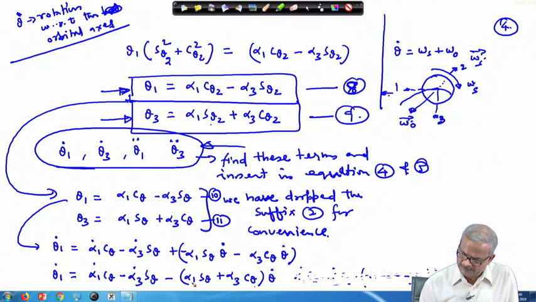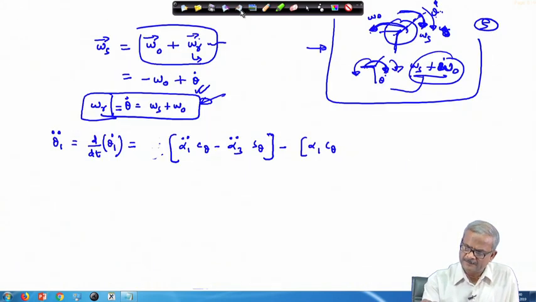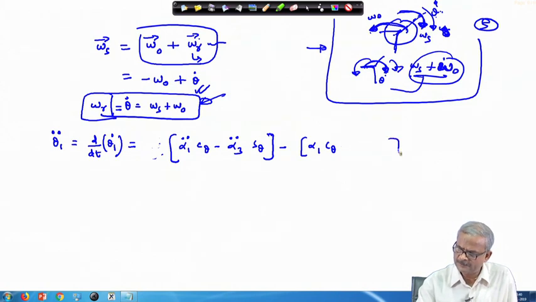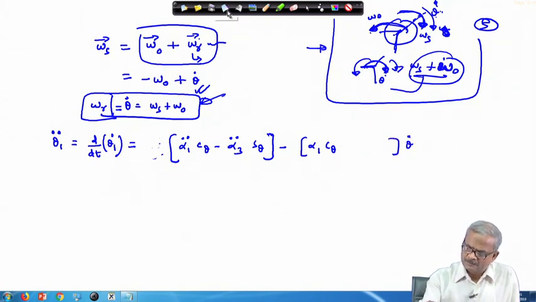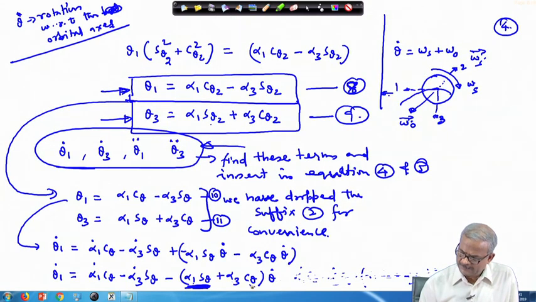So, we are picking up this term alpha 1 and s theta differentiated, we are taking up this term. Okay. So, alpha 1 times s theta differentiated, that becomes c theta. So, alpha 1 times c theta, and theta dot will appear. So, theta dot will take it outside, okay. And this term alpha 3 c theta. So, that becomes alpha 3 times